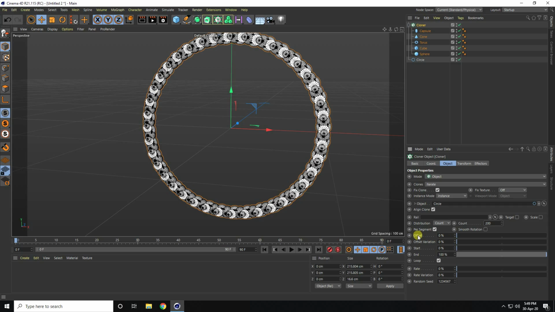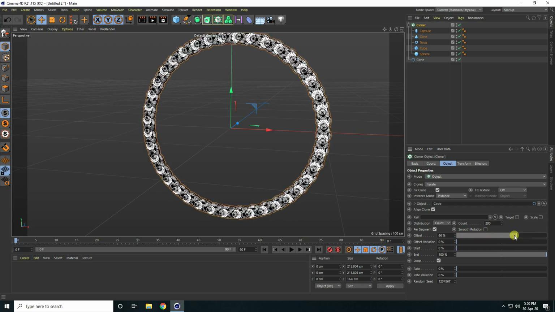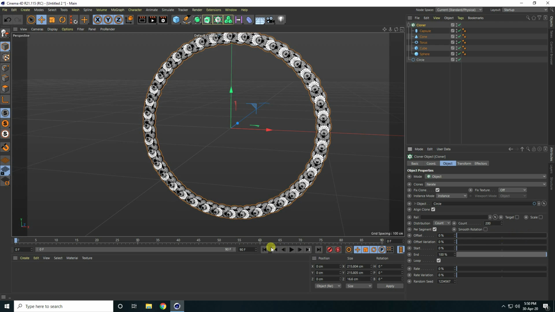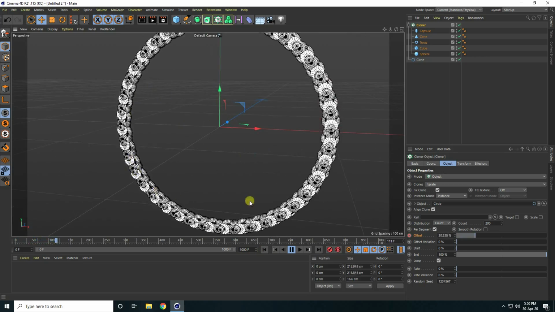And create an offset animation. Create animation like this. See guys, right? Okay, so guys, now I increase the frames, like 1000 is good. I take 1000 frames. So create full frame. And see guys, go to frame 0 and check offset, yes. And guys, now I go to frame 1000 and for offset I take like 600 and press this animation key, yes, and play. See guys, that's my rotation animation.